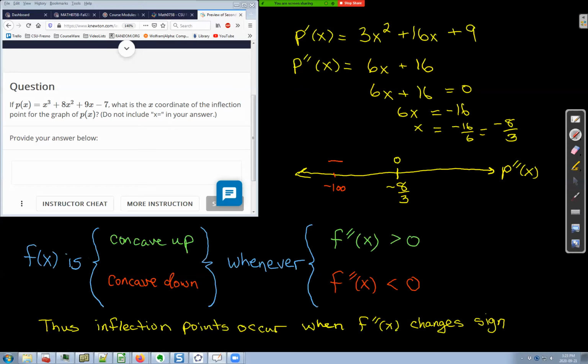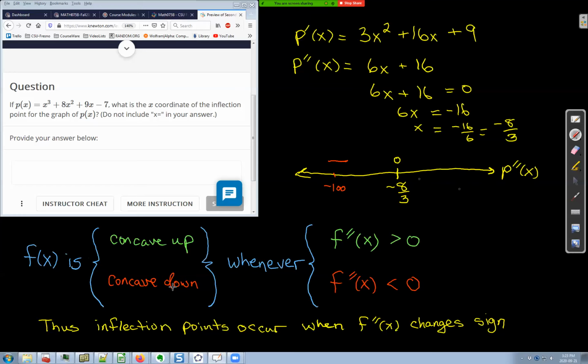And it's not too hard to see that it's negative. A -100 is going to make the second derivative a negative number. So I'm going to put a minus sign there to indicate negative. So the idea is that on this region, the second derivative is negative, and so that means the original function